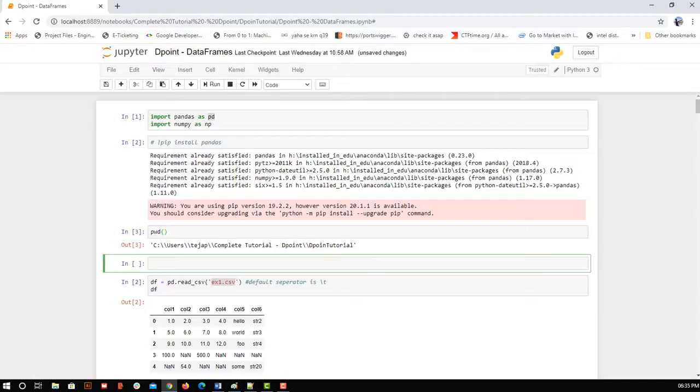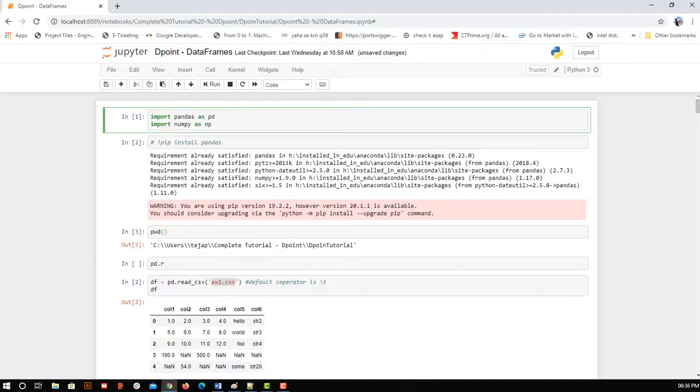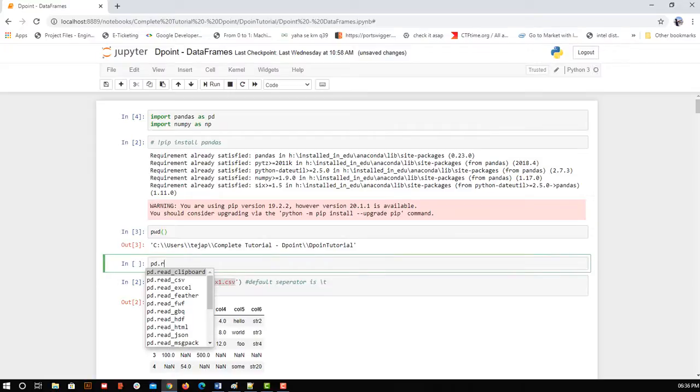If you are using it for the first time and don't know what to write after PD dot, what you will do is simply say PD dot, and now try to click on tab. If tab is not working, let's try shift tab. Now read, I didn't execute this, I guess. Shift enter, and now let me try to click on tab. Yeah, so I need to make sure that PD is recognized by the notebook. When to use tab and when to use shift tab, we'll see in a moment.